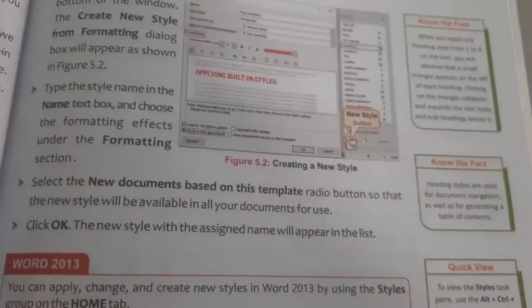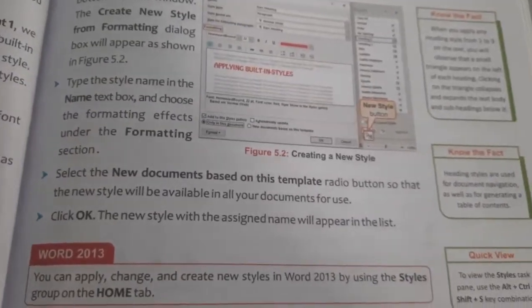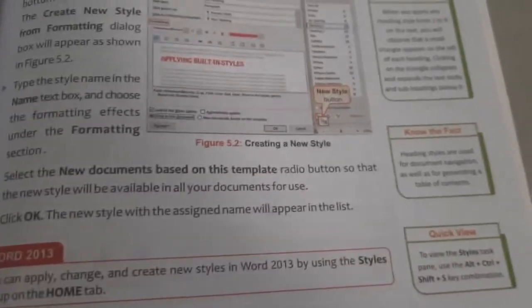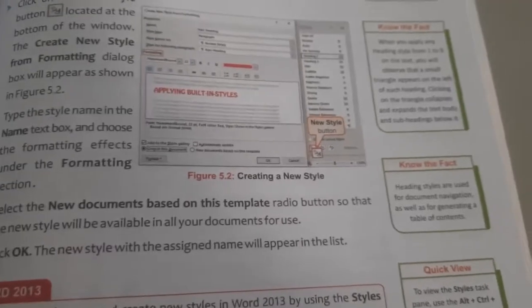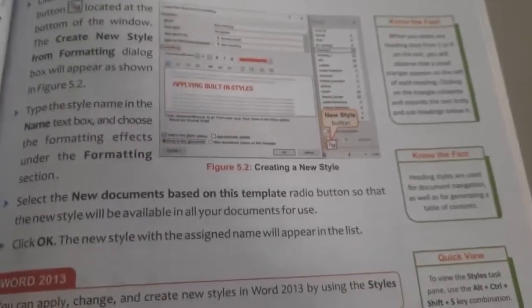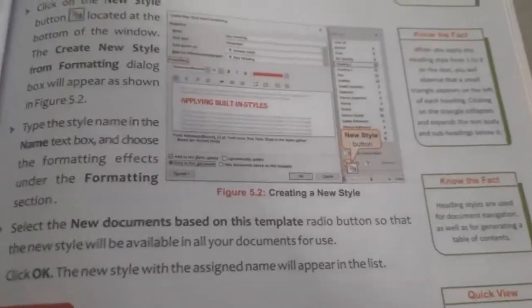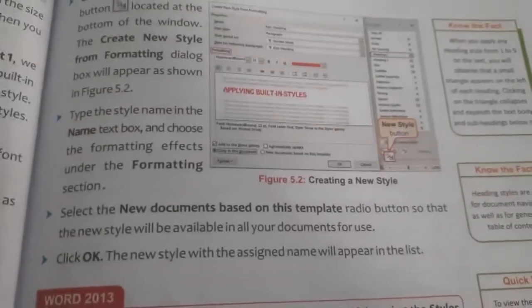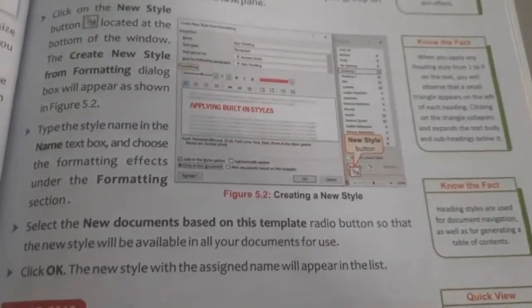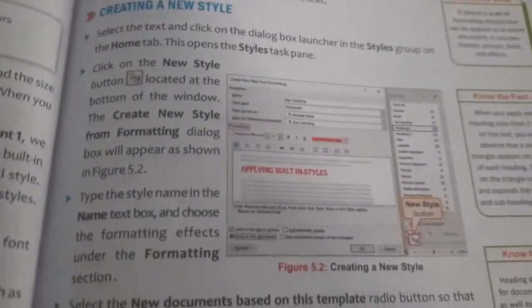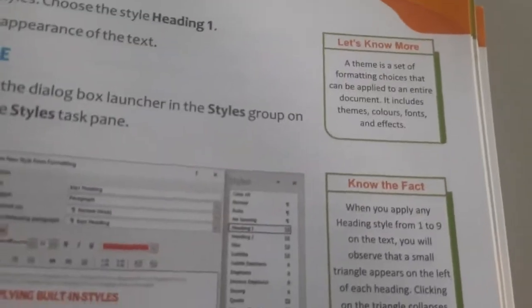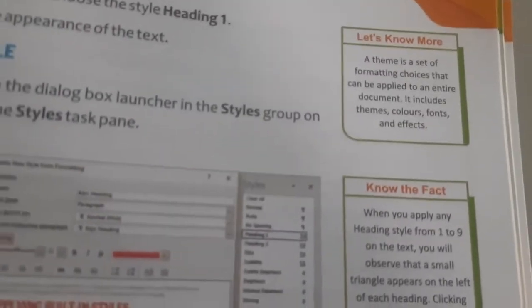Now select the New documents based on this template radio button, so that the new style will be available in all your documents for use. Then click on OK. So the new style will be assigned, and the name will appear in the list next time when you choose any style.